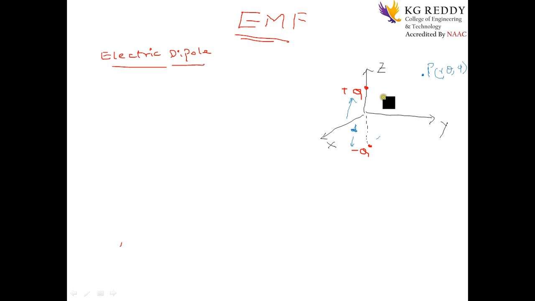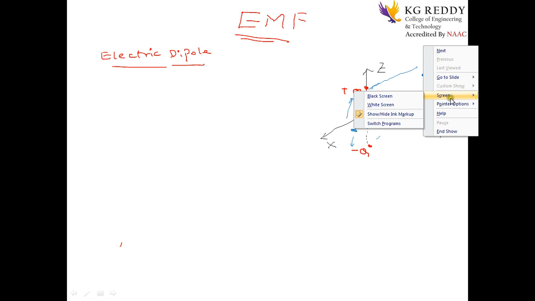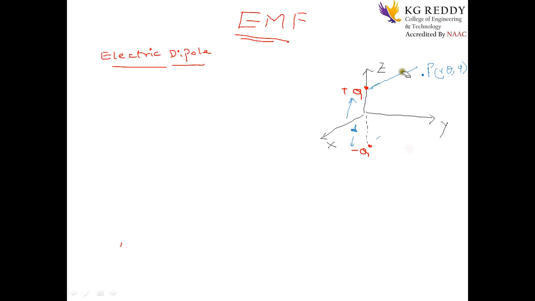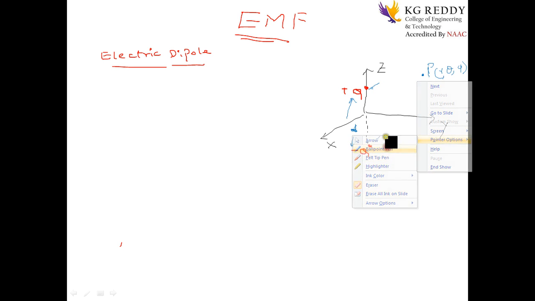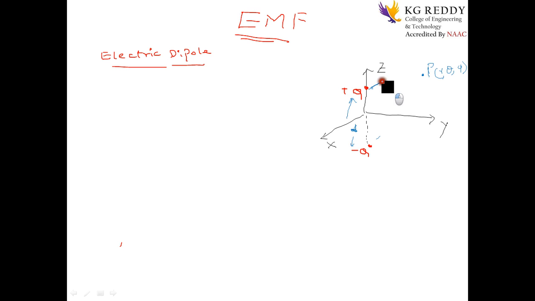If you see, this charge Q is lying at a distance of r1. In a similar way the other charge,